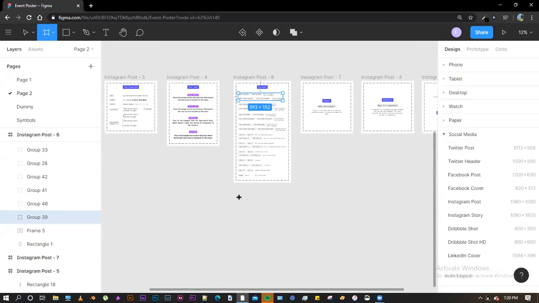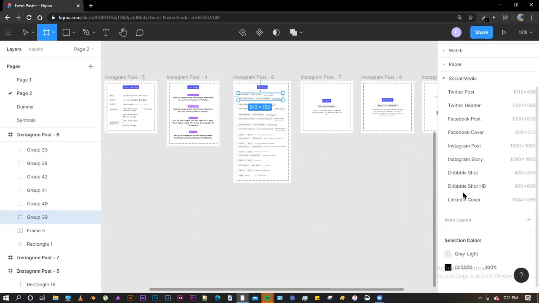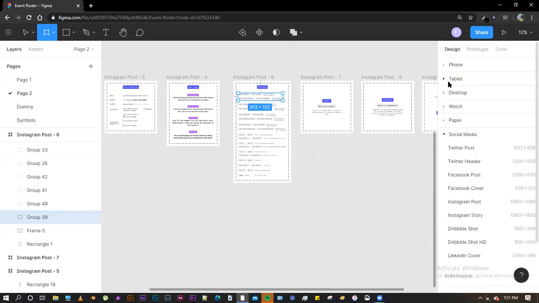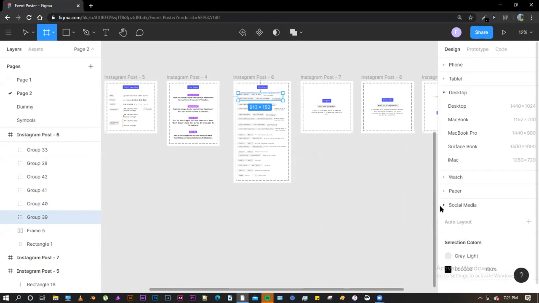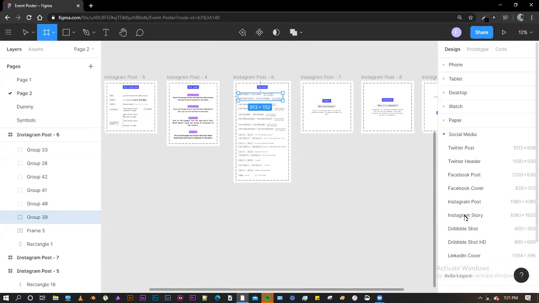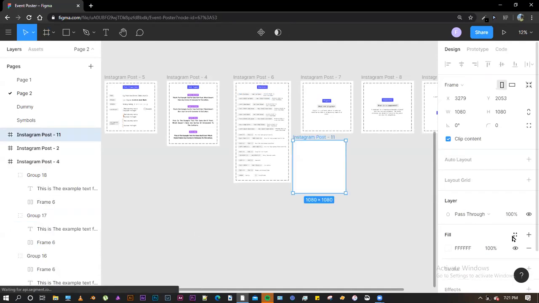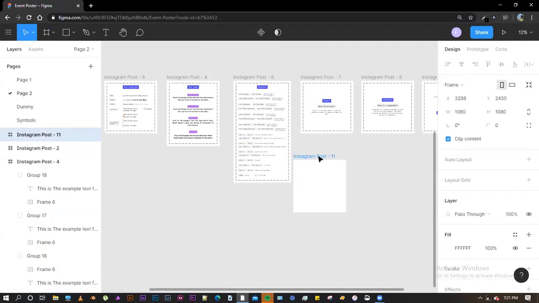All right. So let me create an art frame. If you are new to Figma, a frame is a canvas which holds layers or objects. If I click on the shortcut A, this option menu would appear on the right hand side. It would allow me to choose from a phone frame, a tablet frame, a desktop frame, or a social media frame. So I would choose an Instagram post frame. This is a frame. I can click on it and drag it.